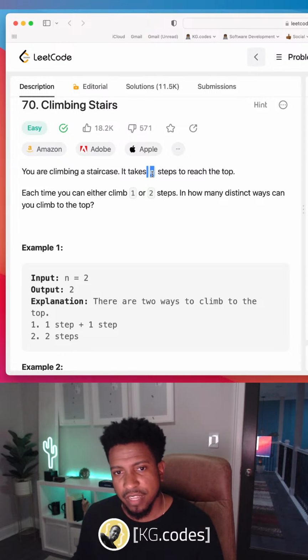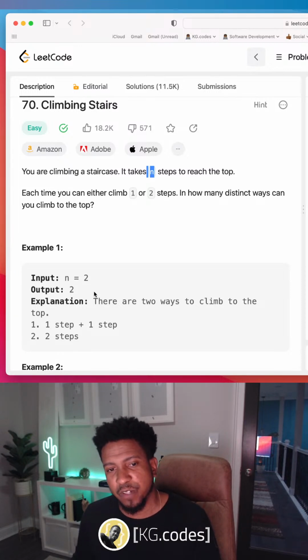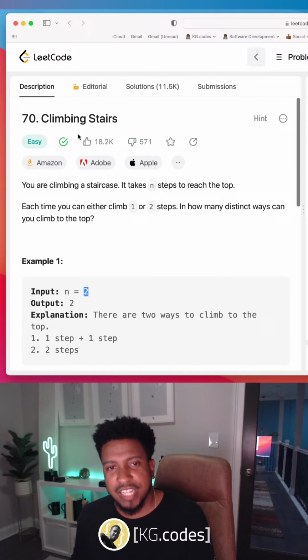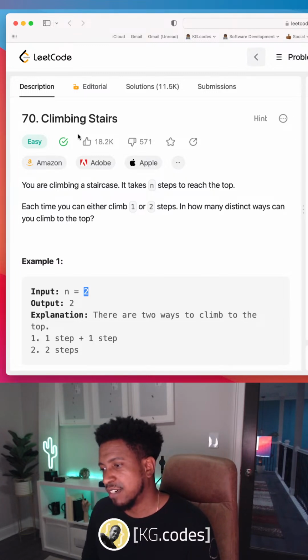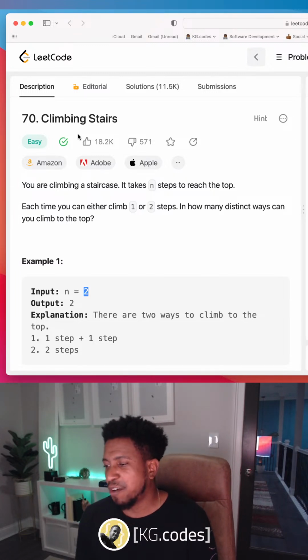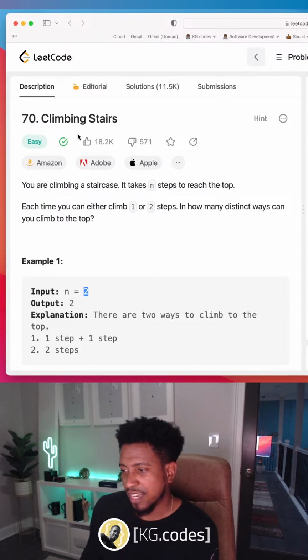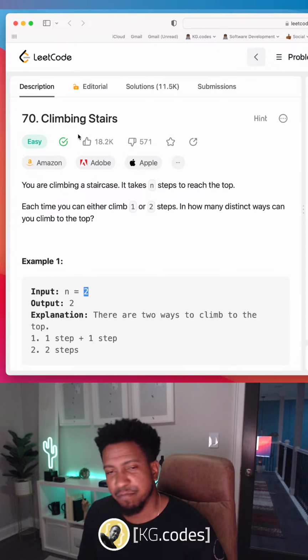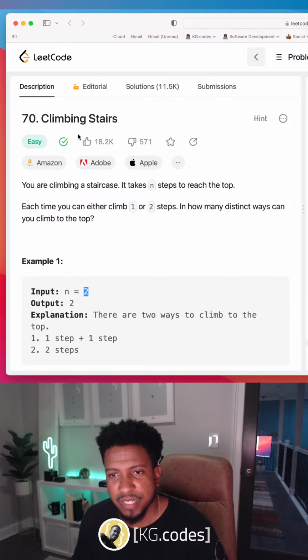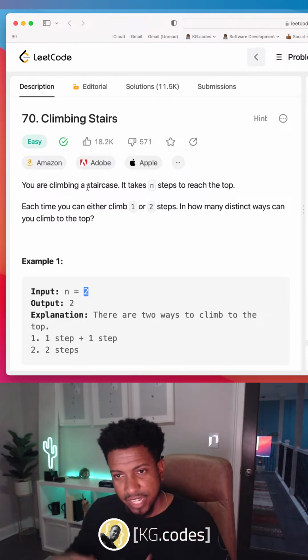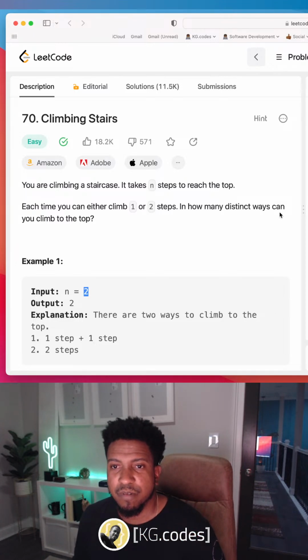I need to count that, so I need to find how many different ways or combinations of 1 and 2 steps it will take to get to 2 steps. And really, the climbing stairs part is a way to contextualize the problem in the world, but it's really a combination math problem. It didn't have to be climbing stairs. It just gives it a real-world scenario to layer on top of the problem. So anyway,